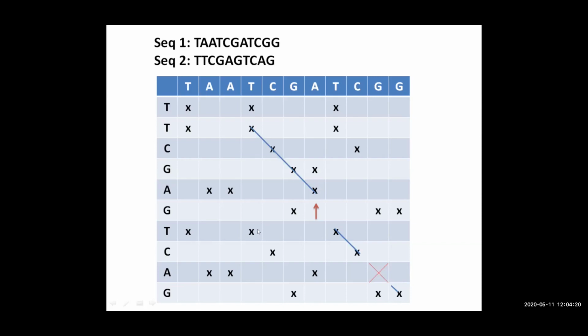You see, we may have drawn some line between these two also. Okay, these 2 points are also diagonal, but here it is not very long. Only 2 are matching, but here there are 4 matching in a diagonal way. So we have joined here. If we want to extend this line further, there is a gap. It is not matching. But if we come down, we find that again there is a small line. Okay. So now we will try to connect it to the next cell, the last cell.